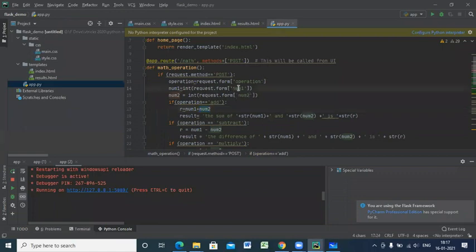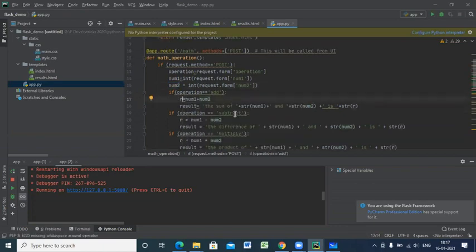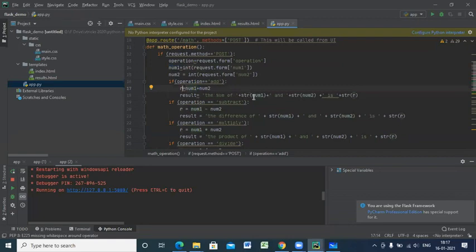It says, okay, request the form, whatever the value is present in num1, I'll give in a variable called num1 here. Whatever the value present in the text box by name num2, give that to num2. Then I'll add num1 plus num2 and give back the result to R. Next, I'll add the sum of the string of num1. I'm concatenating because it is a number. I'm concatenating this, then I'll put it to a result.